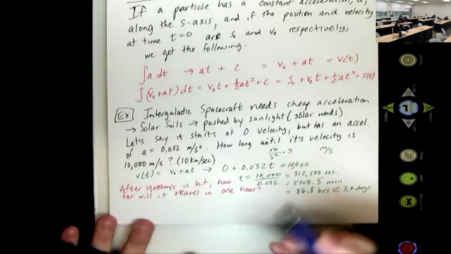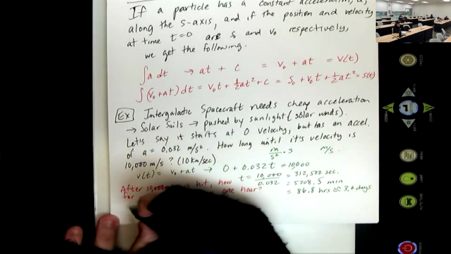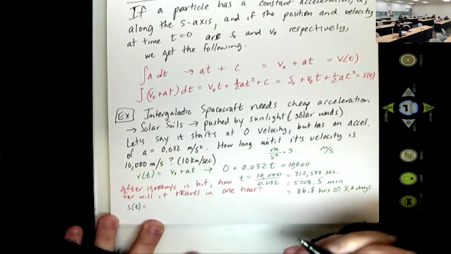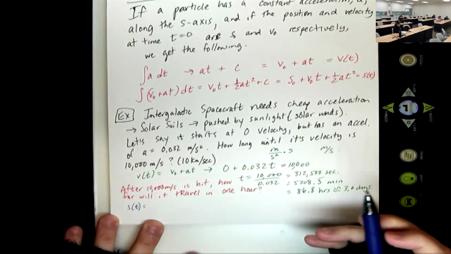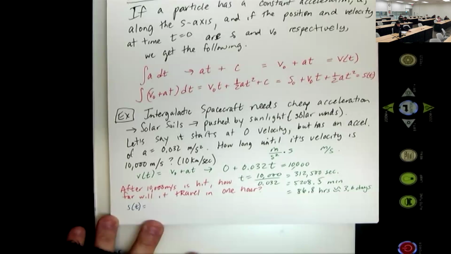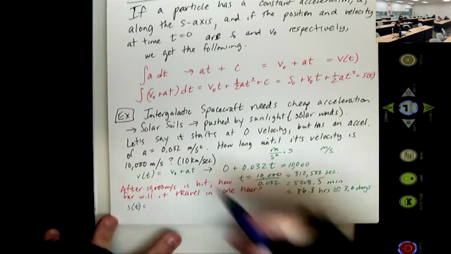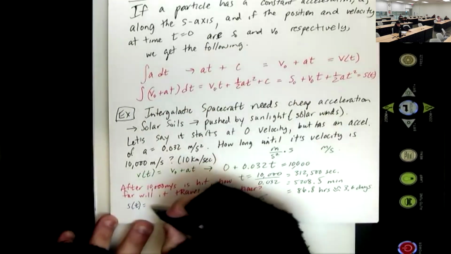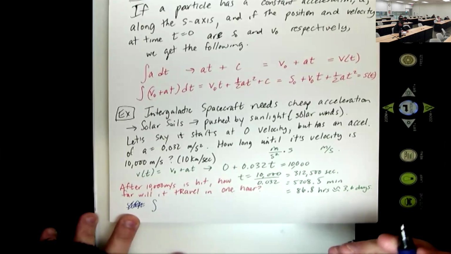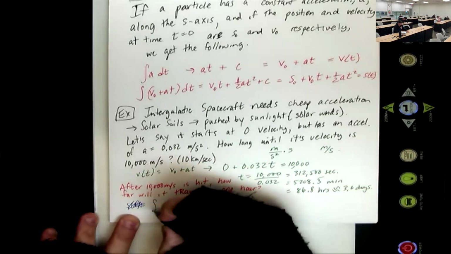Well, we're gonna use the position function. S naught was, we'll just assume it's wherever it starts, we don't know where it's starting. But maybe we should integrate this thing here. We'll integrate V naught plus at. I'm gonna go from 0 to 1 hour,